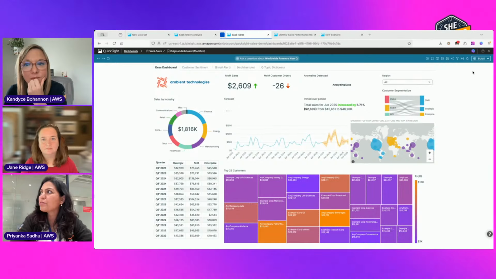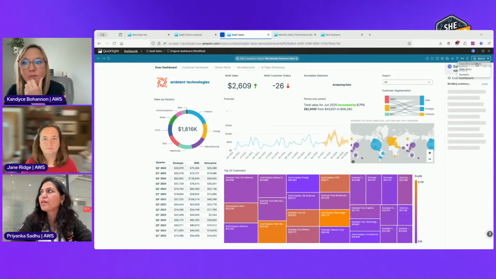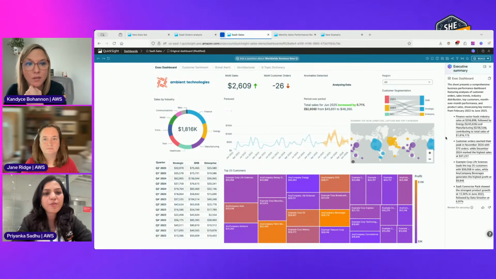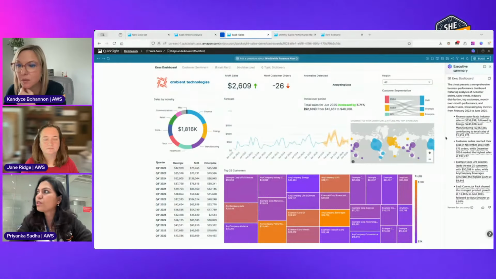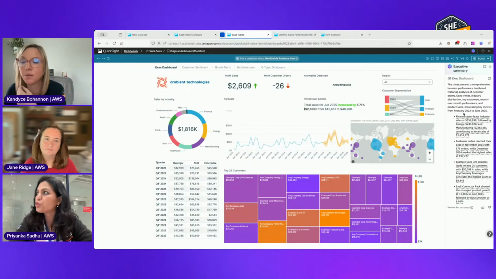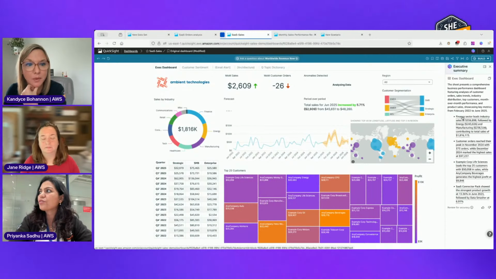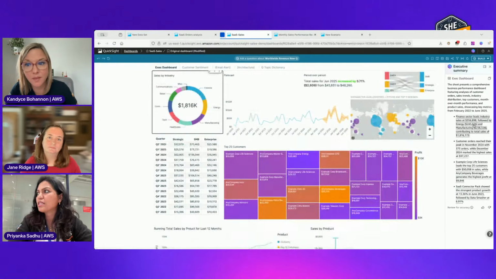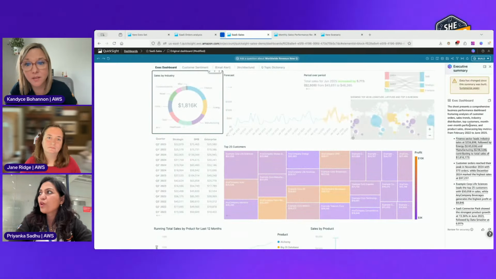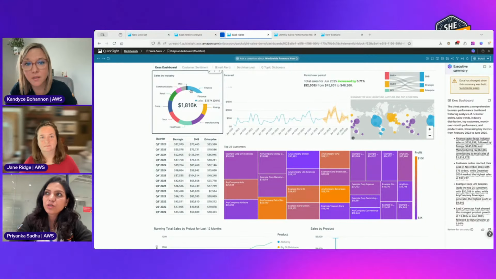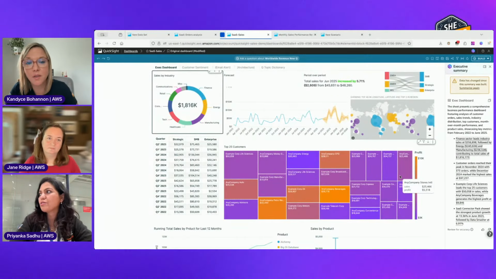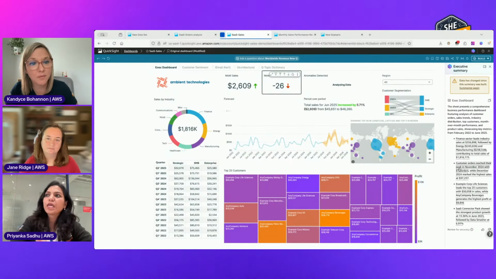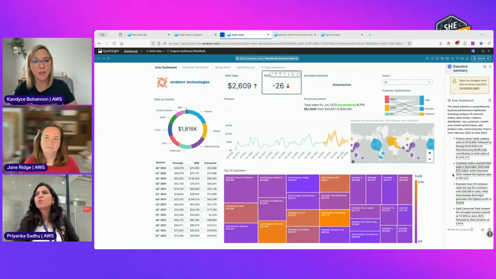So the first place I would go here and say, hey, can you build me an executive summary? And you'll see how powerful it is. It tells you exactly what the key points of this dashboard are. So the first thing it tells you is that the finance sector leads industry sales at so and so, followed by energy, manufacturing, contributing to 1.8 million sales. So let's see where this is coming from. It highlights which chart it is getting this information from. As you can see here, then it goes about the customer orders. So as you can see right away, it gives you a very good executive summary.